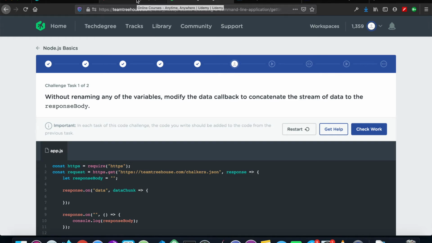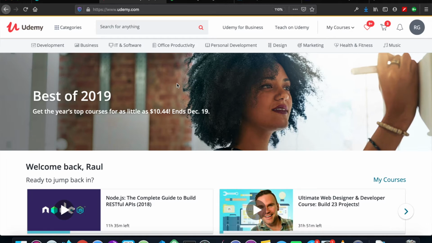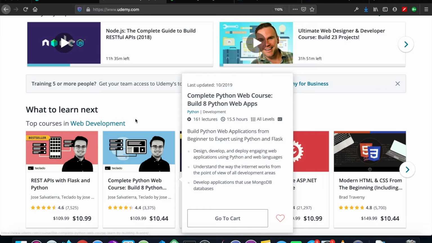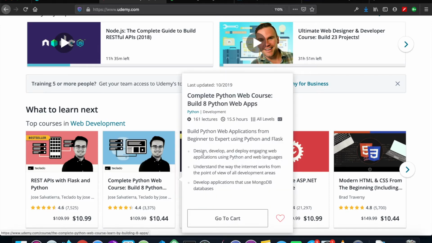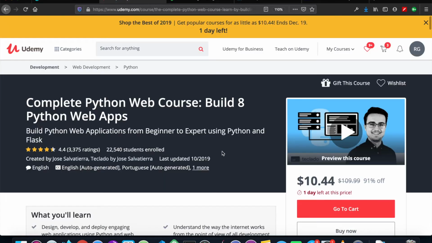Another source that I like a lot is Udemy. Udemy is great, but the thing is that you really gotta dig and investigate which are the good people teaching full stack web. There are a lot of people over here that just want your money and that's it. Good thing about it is that it comes with a 30-day money-back guarantee. So if I buy this course over here and I don't like it, you can pretty much